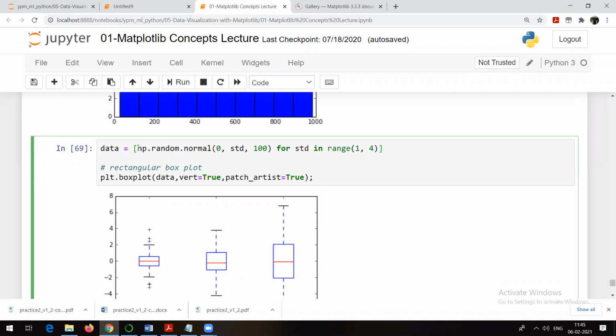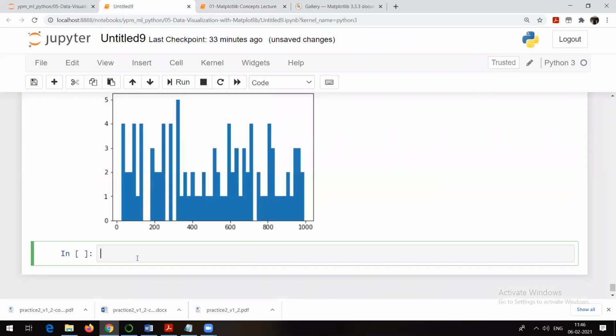See, data is equal to, I hope you understand this one, np.random.normal. So numpy.random.normal is going to give us values from the standard normal distribution. This is a NumPy method, not a new thing actually. I am just trying to create data because I need data to plot graphs.